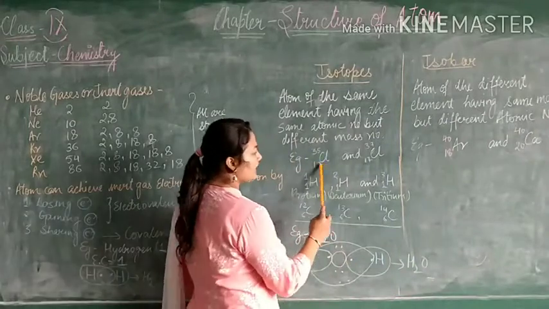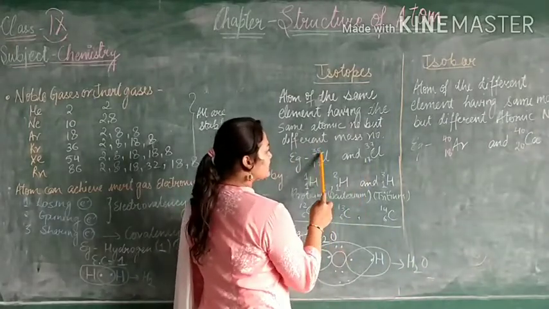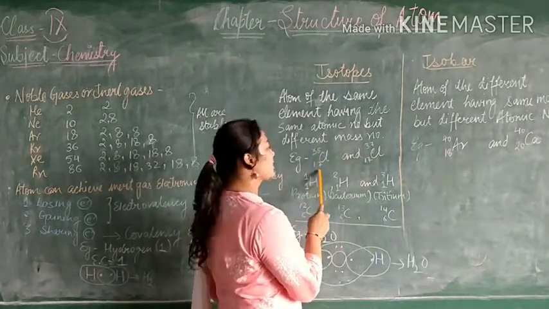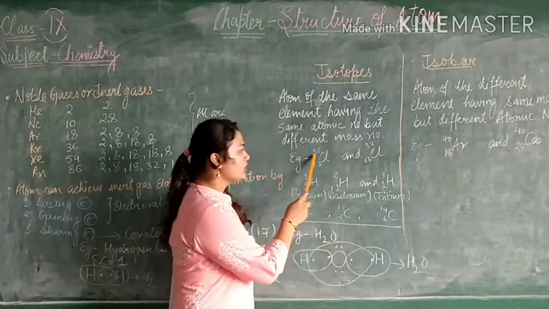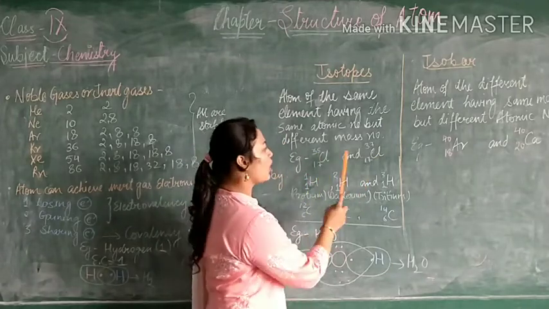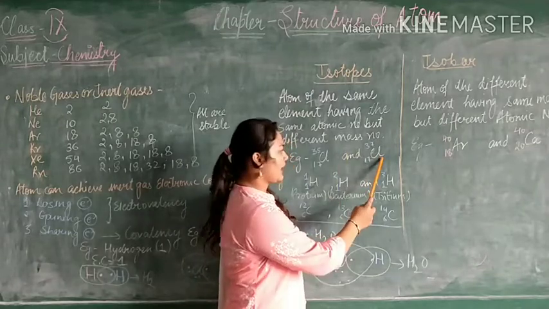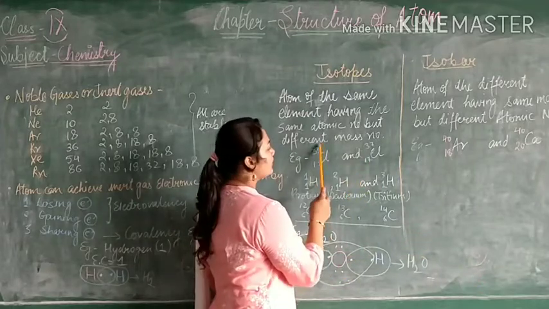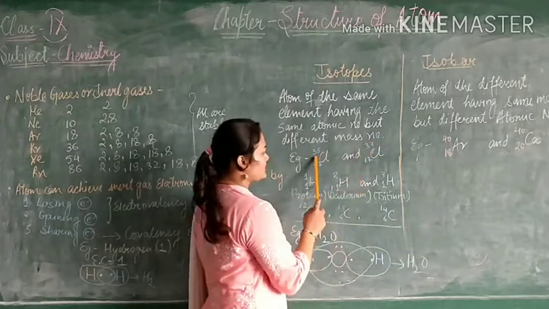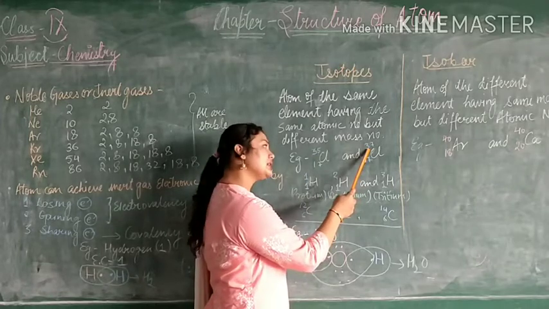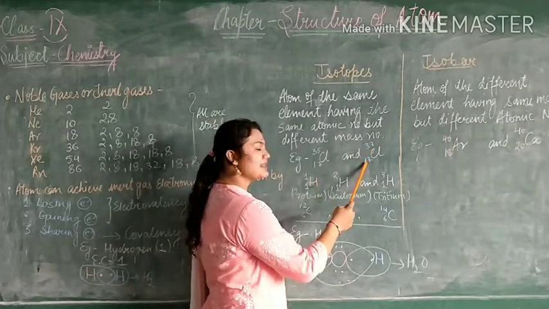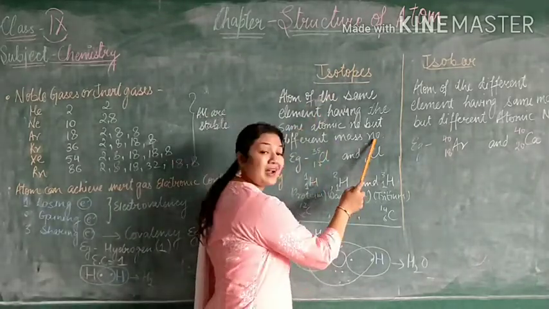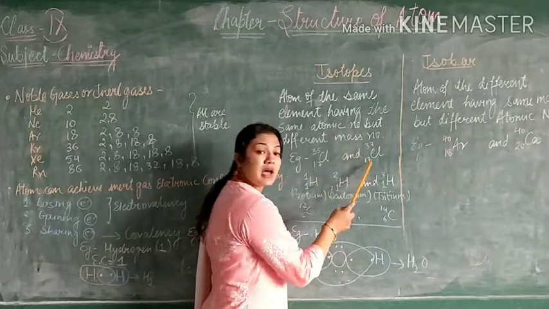So if you see the chlorine example, this is the mass number and this is the atomic number. The upper one is called the mass number and the lower one is called the atomic number. So 35 and 37, both belong to the chlorine atom. Both are atoms of the element chlorine, but still their mass number is different. Its mass number is 35, its mass number is 37, and its atomic number is 17 and the same 17. So isotopes are those atoms whose mass numbers are different but atomic numbers are the same.